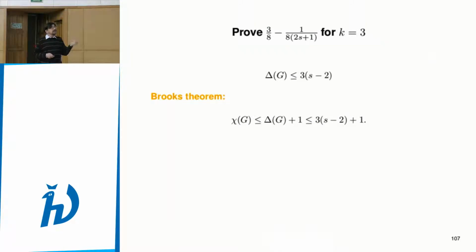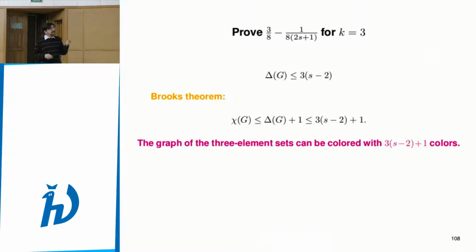So we know that the chromatic number of this new graph is bounded by this number. And now they are colored. The graph of 3-element sets can be colored. So now I go back to the original things: instead of the vertices, I am speaking about the three-element sets, and they can be colored with so many colors,